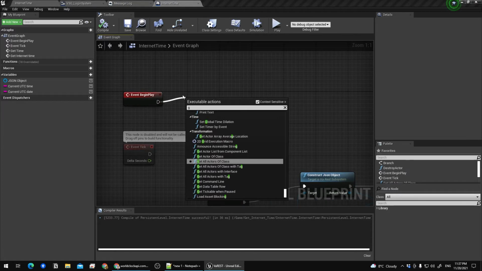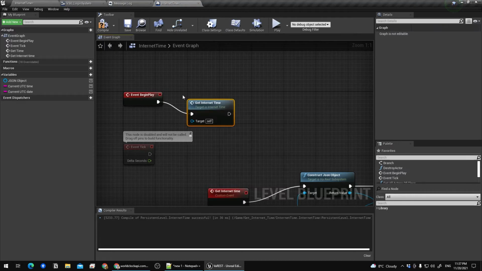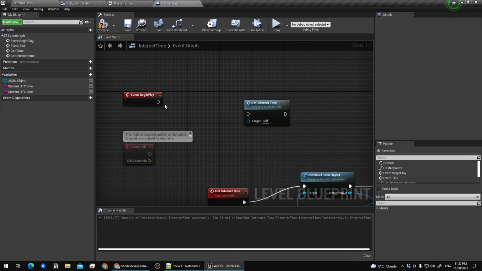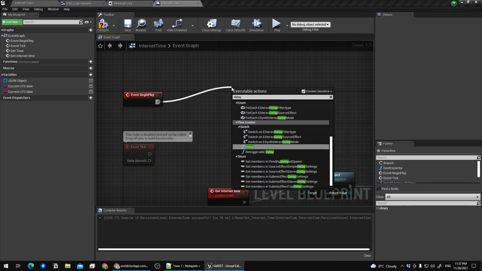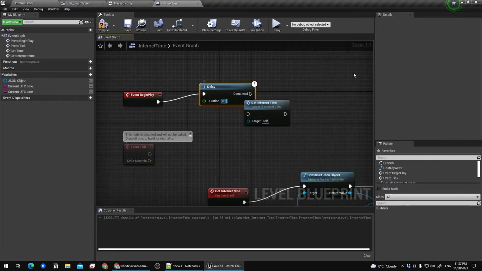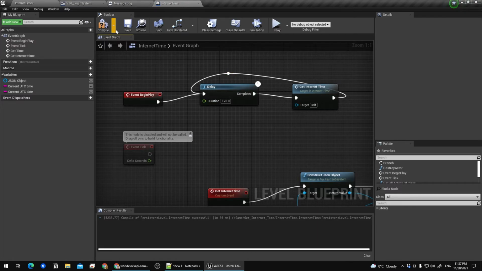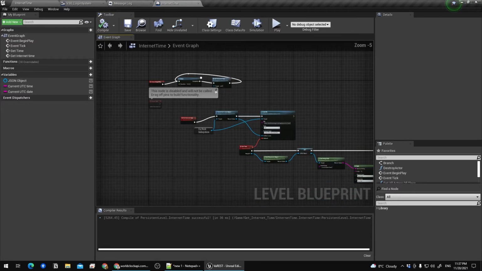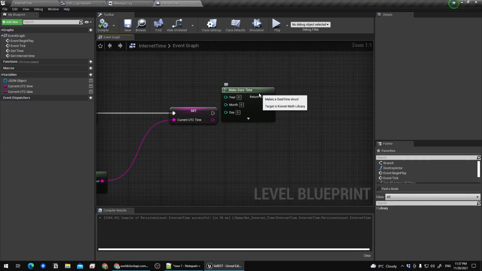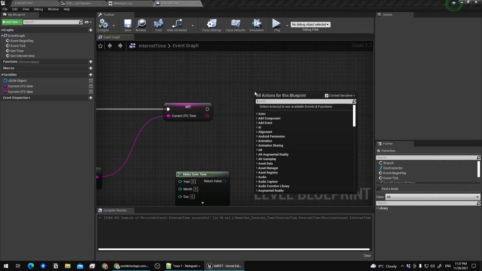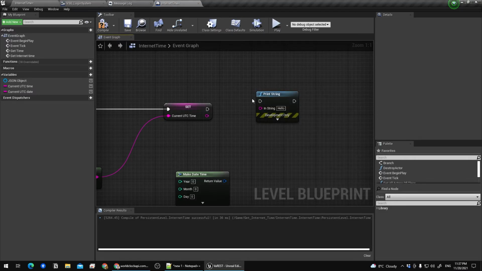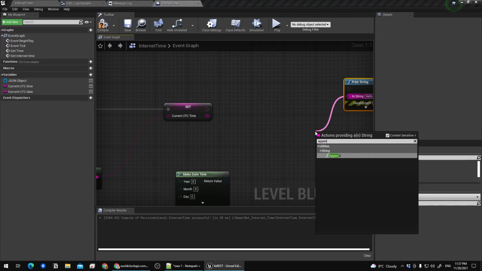And let me call it get internet time, or you know what, you can use delay, and let's say 120 seconds, and every 120 seconds it's going to update the time, and I'm going to print it. So print string, I'm going to append,